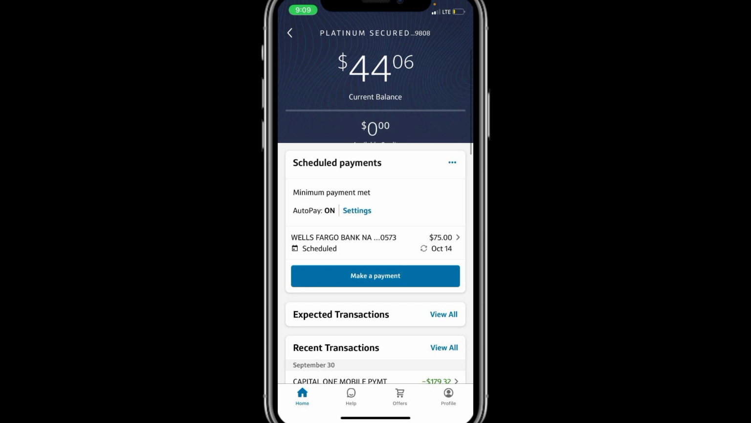On the account summary page, you'll find your current balance prominently displayed. This section will also show your available credit, which is the amount you can still spend without exceeding your credit limit. It's important to keep an eye on both these figures to manage your credit effectively and avoid any potential